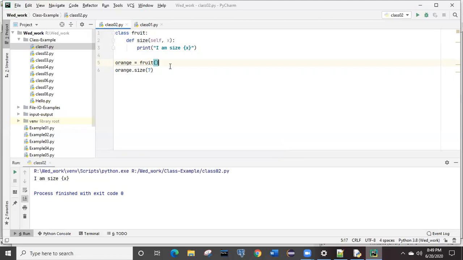So for that purpose we make use of that delimiter, which we can call the formatter. F is simply for printing, and this user input 7 is an integer number. Now, if you run this example, it will give you "I am size 7". So you can see without F, you are not going to print this 7. Here I have given the input 7, and for that I have used the F.